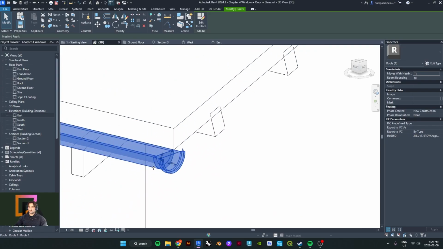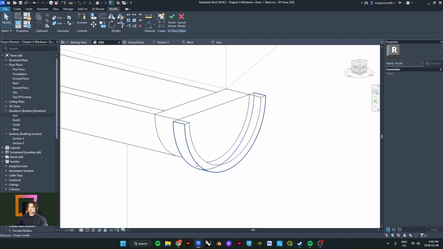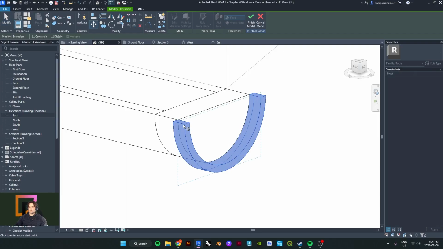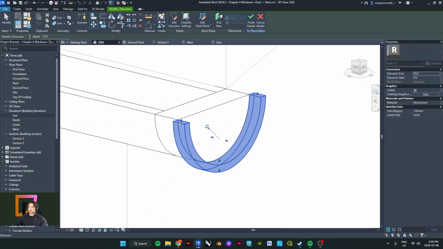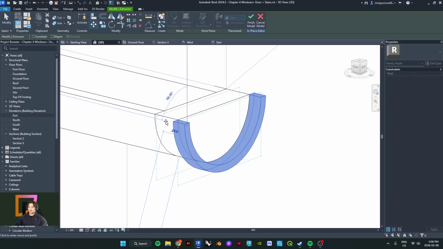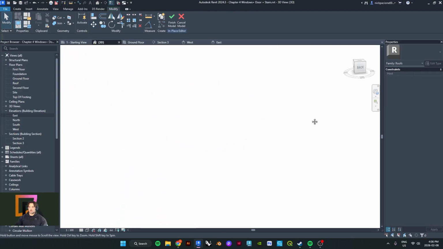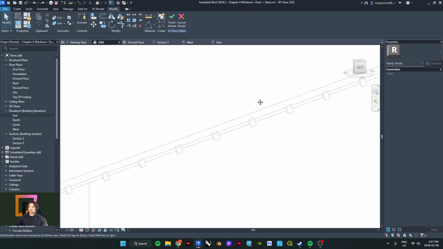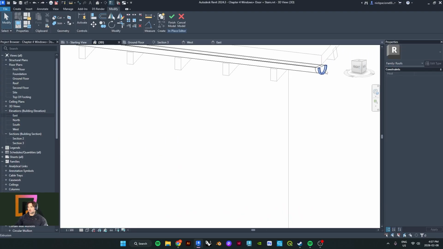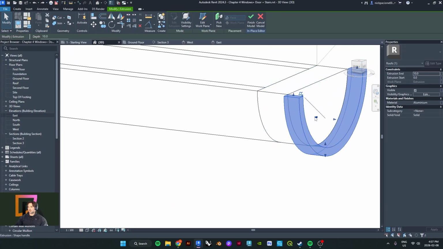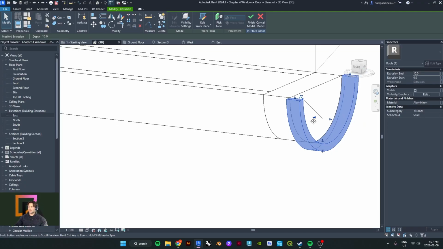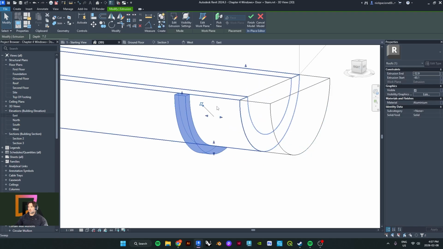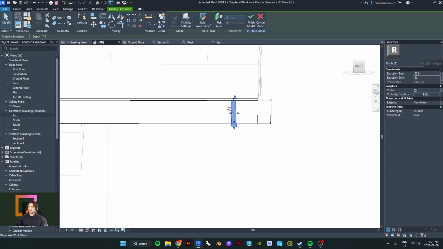And right now that's kind of in an awkward spot, so I'll select the whole thing and I'll just simply move it. I'll see where it goes. Yeah, so you don't want to move it. We're just going to use these shape handles to just drag it. And then once we have it in a good spot,